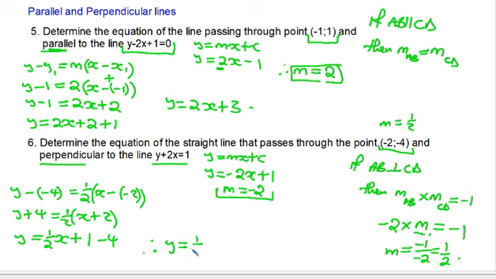Therefore, the equation here is y is equal to 1 over 2 x minus 3. So we are saying this line here is perpendicular to this line, and this is the line that has the gradient of 1 over 2, and it passes through (-2, -4). That's all I have for